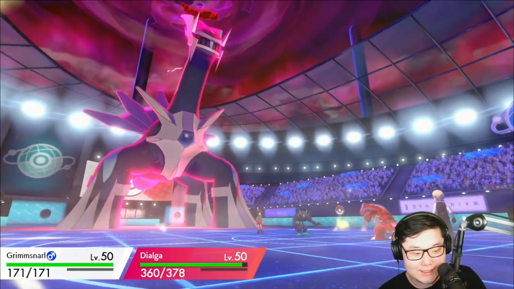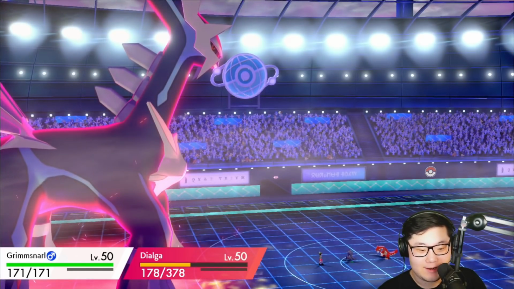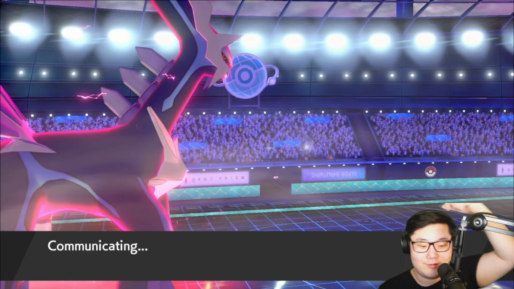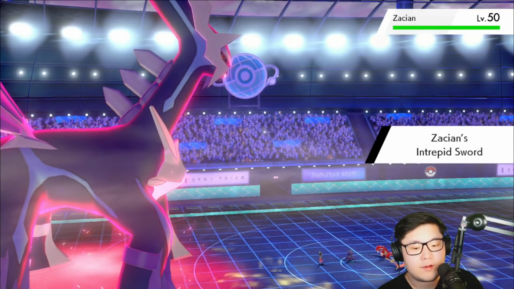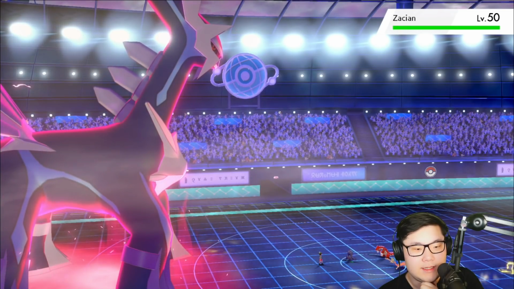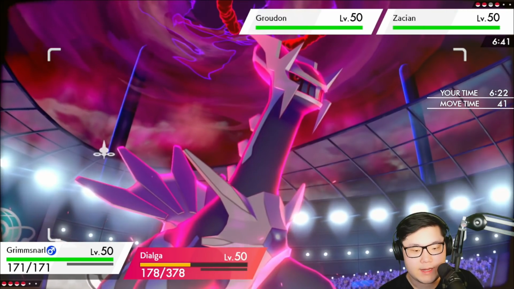Grimmsnarl Voice, which is nice because I have a Sash. Yeah, that's a pretty big elimination right there. That is a huge elimination right there. Oh man. Okay, Zacian's going to come out, which is completely okay. We'll go for the Scary Face into the Zacian. Yeah, we want to go for Scary Face into Zacian, and we're going to go for a...